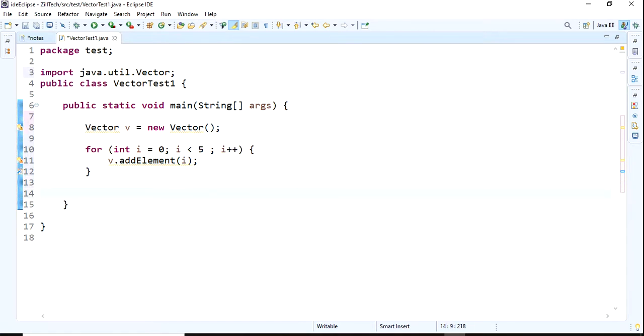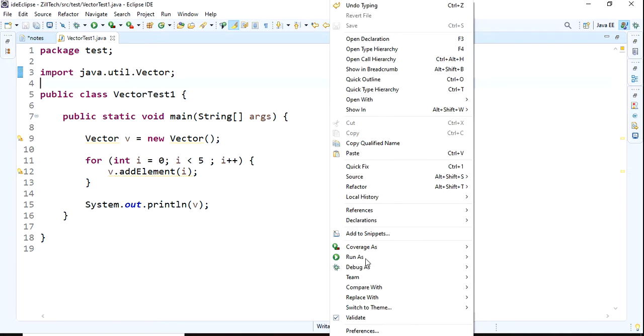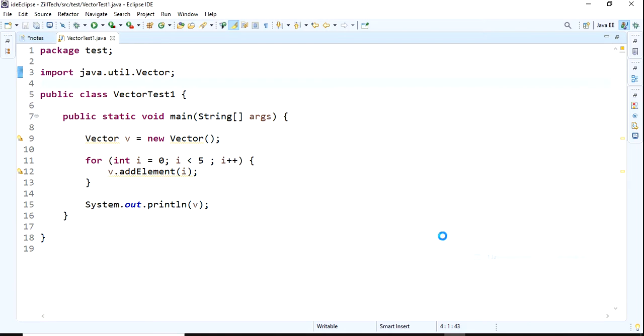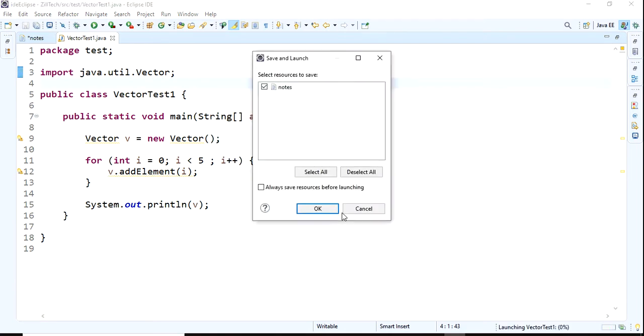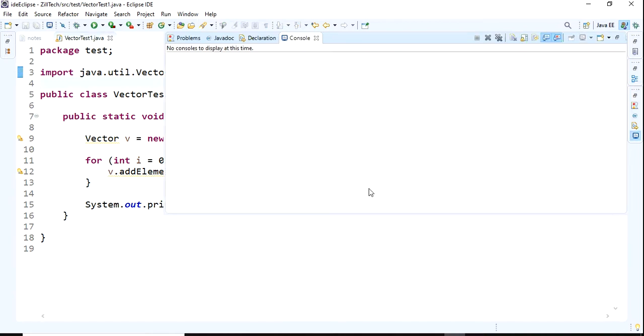I want to print it, and you can print the vector as a list, or just write v. Save it, and now I'm executing it. Right click, run as Java application. Yes: 0, 1, 2, 3, and 4.